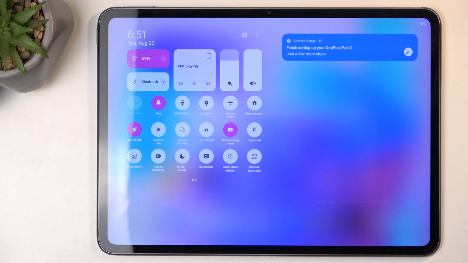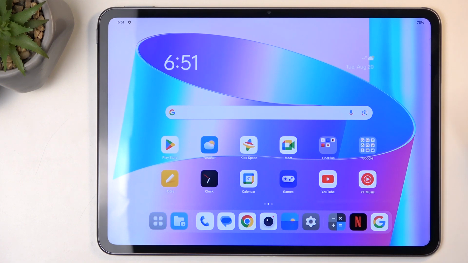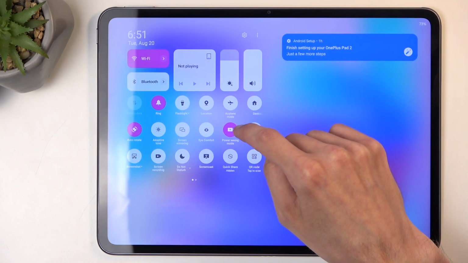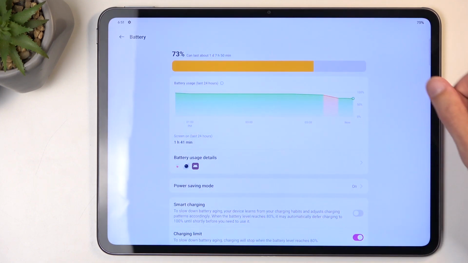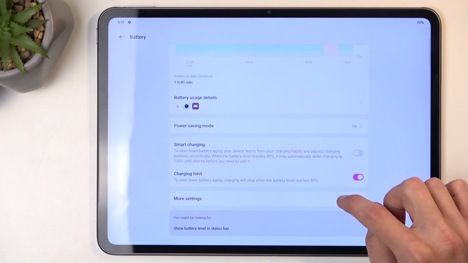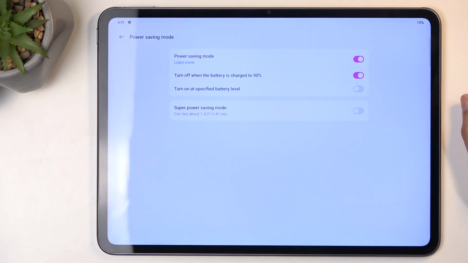As you can see, this just highlights it and doesn't really give us any kind of info that it is running. It did lower the brightness just by a little bit. We should also have more info if we hold this toggle and navigate to power saving mode, and here we can see under learn more